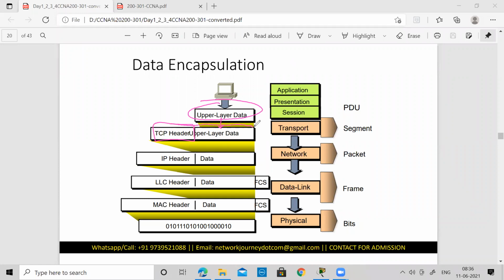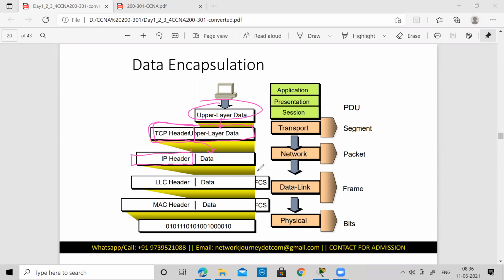Then this entire chunk of data comes over here and the network layer adds its own header, the IP header, because the network layer is supposed to do logical addressing or IP addressing. Whoever it wants to communicate with, it will have its own source IP address and its own destination IP address. All this information related to IP addressing, and other protocols used for routing, is included in this header information.